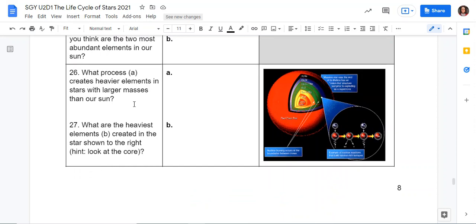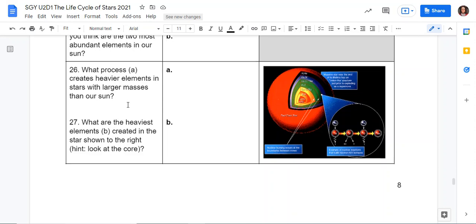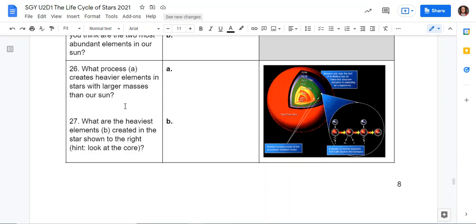It's still nuclear fusion. Number 27, what are the heaviest elements created in the star shown to the right? The heaviest elements created are iron and nickel. Iron and nickel, that's how high up it can get in this star on the right. Look at the core. Incidentally, that's the same composition as the core of our planet, Earth. So those iron and nickels that are now forming the core of our planet were actually formed in large mass stars